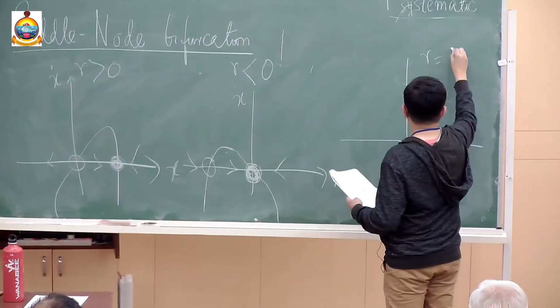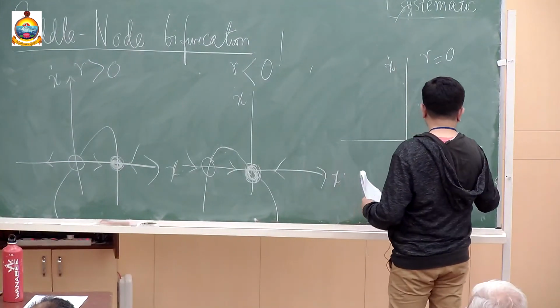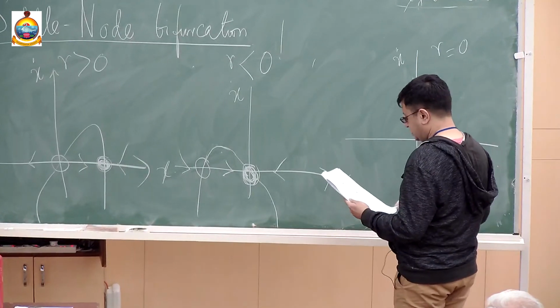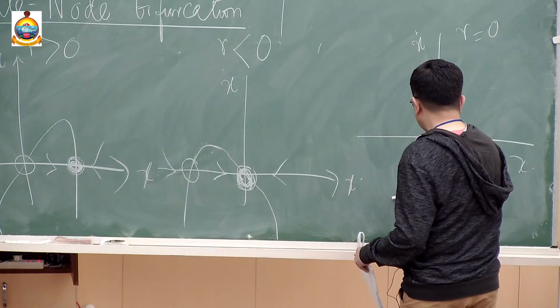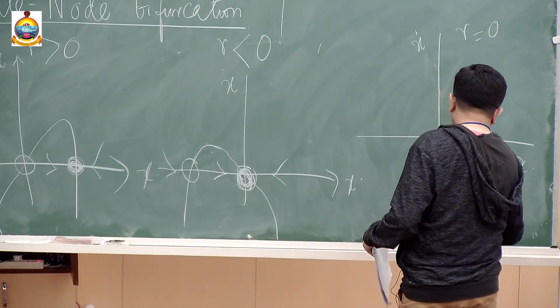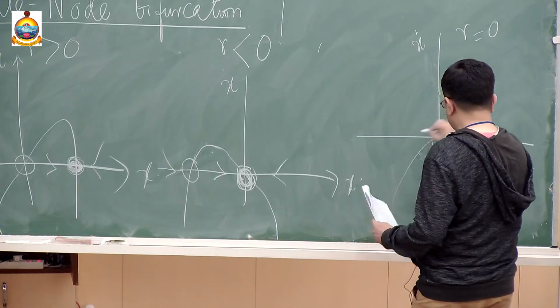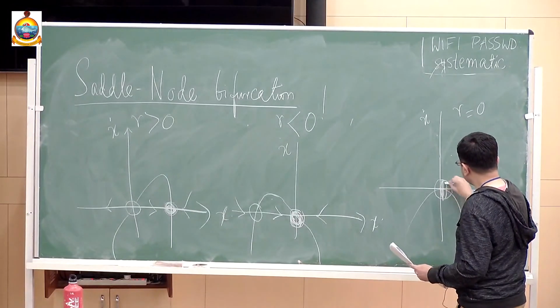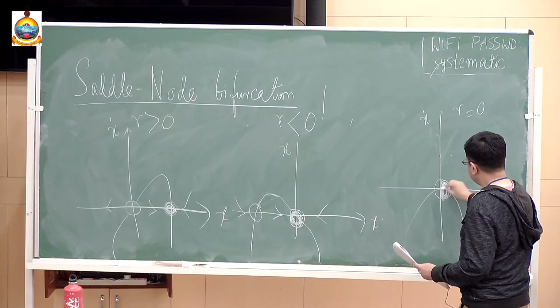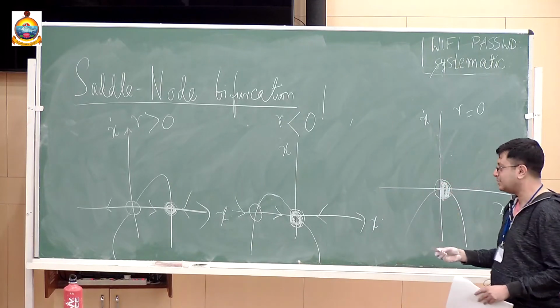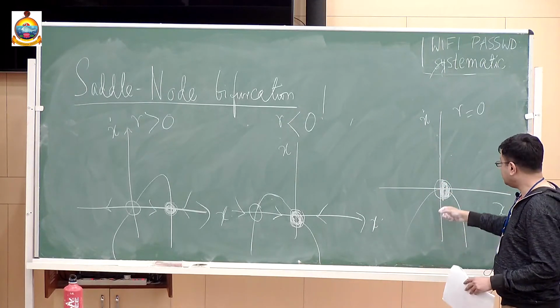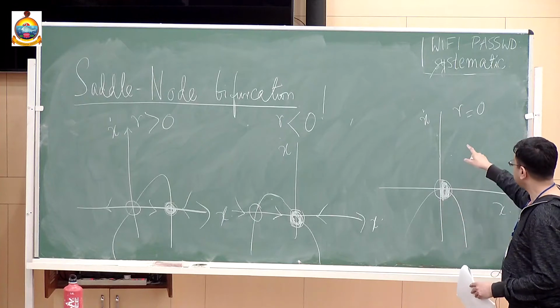So when r equal to 0, again I am plotting x dot as a function of x. So if r is equal to 0, I have just an inverted parabola. So now x equal to 0 is a fixed point, but it's an unstable fixed point. Typically, whenever you see a half stable fixed point,